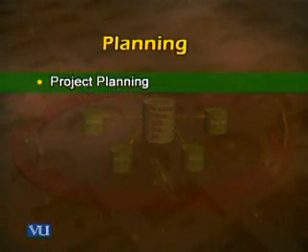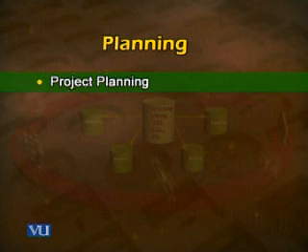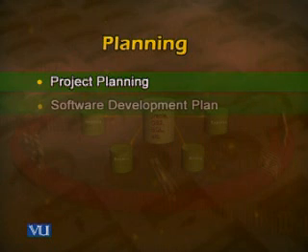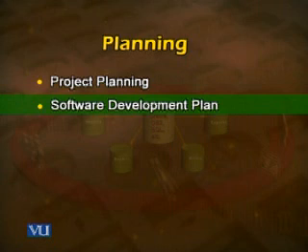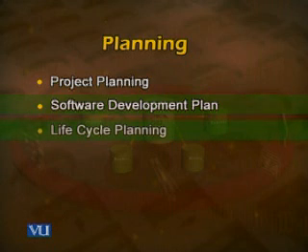Here we conclude our discussion regarding software development plan. हमने प्लानिंग के तहत 2 इम्पॉर्टेंट टॉपिक डिस्कस किए. पहले हमने डिस्कस किया था प्रोजेक्ट प्लानिंग, then we discussed in detail the software development plan. अब हम आते हैं प्लानिंग के पॉइंट ऑफ व्यू से थर्ड इम्पॉर्टेंट फैक्टर की तरफ, and that is a life